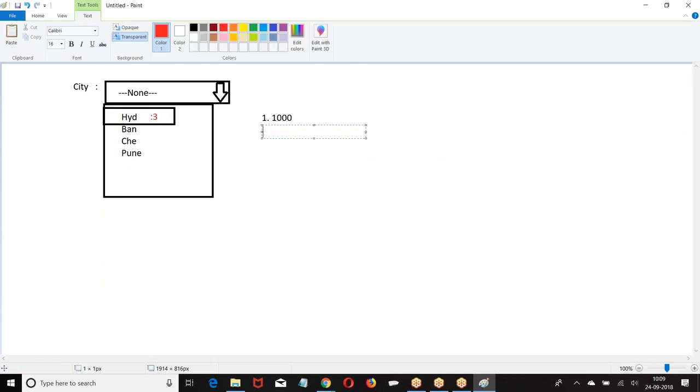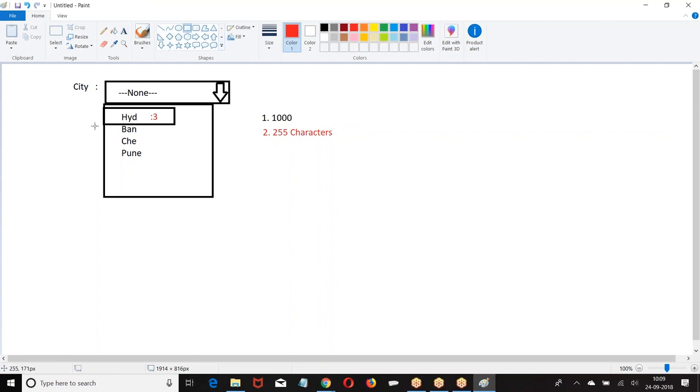So maximum I can go with 255 characters. Total number of options are 1000, and maximum length is 255 characters, for all the options together.